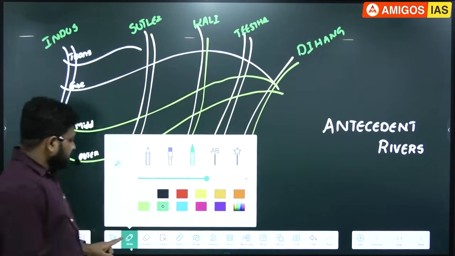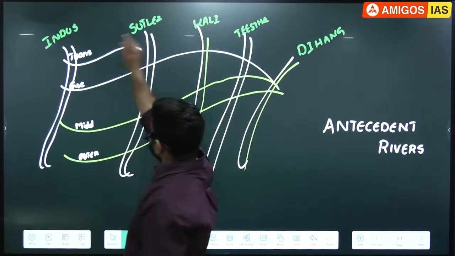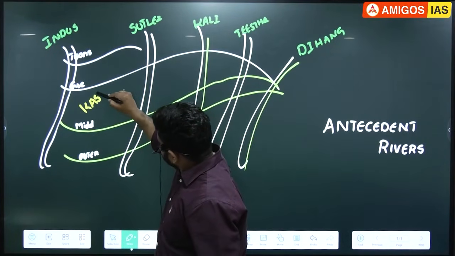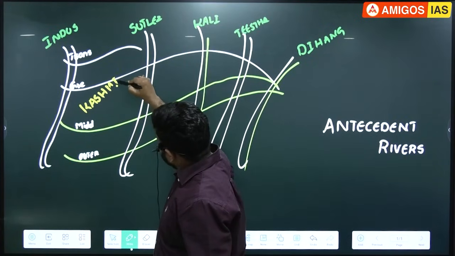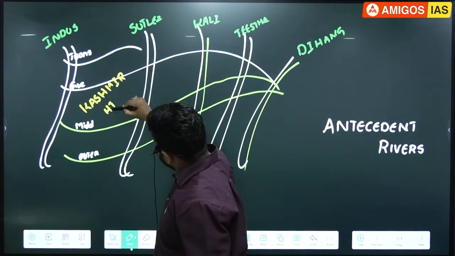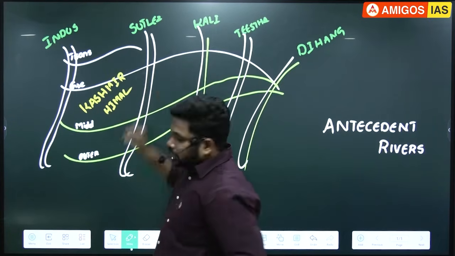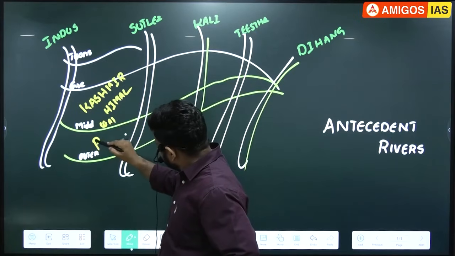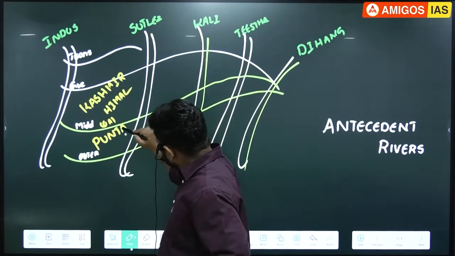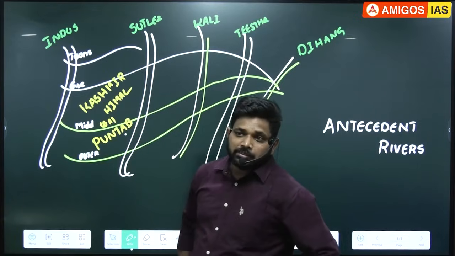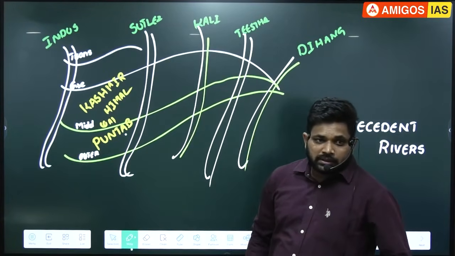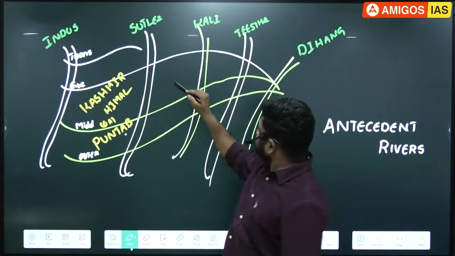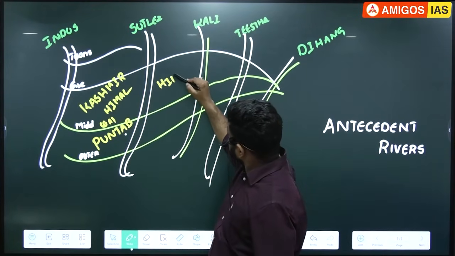See the condition. The Himalayas which are present between Indus and Sutlej, such Himalayas are called, see the words, what is that Himalayas? Kashmir Himalayas, also known as, what is that Himalayas? Punjab Himalayas. The Himalayas which are present between Sutlej and Kali, such Himalayas are called as